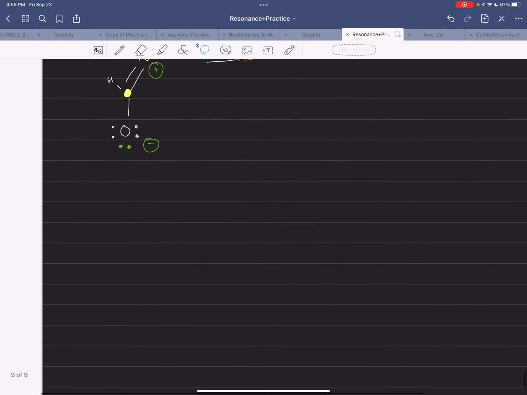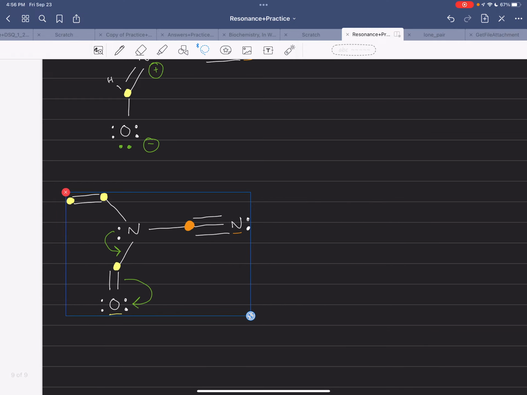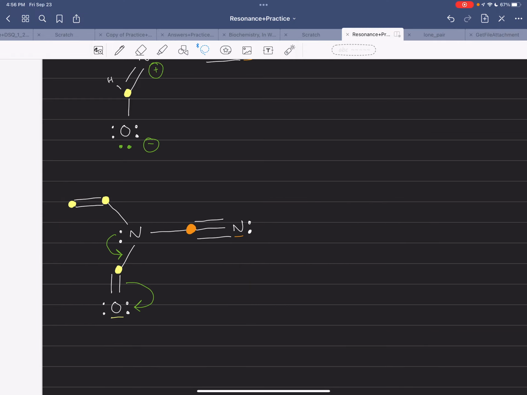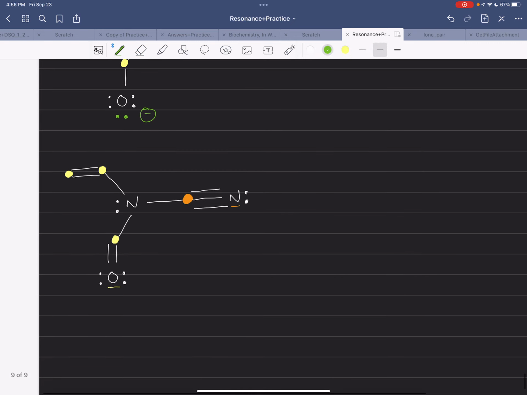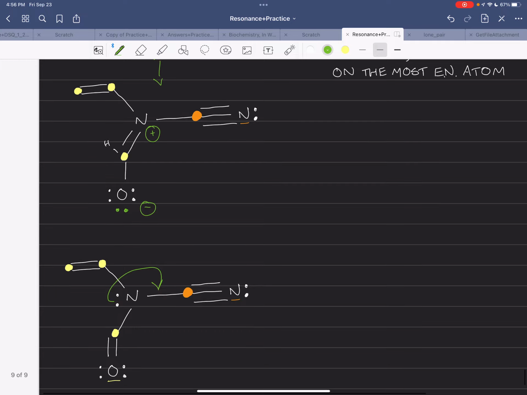Because this is a structure with multiple directions, in other words, it's not like a linear thing where we have a conjugated system where we can hop things to and fro. We have this fork in the road with this nitrogen. So let's play with this. So what if we did this? What if, again, we start with our lone pair on this nitrogen and hop it here, again, towards